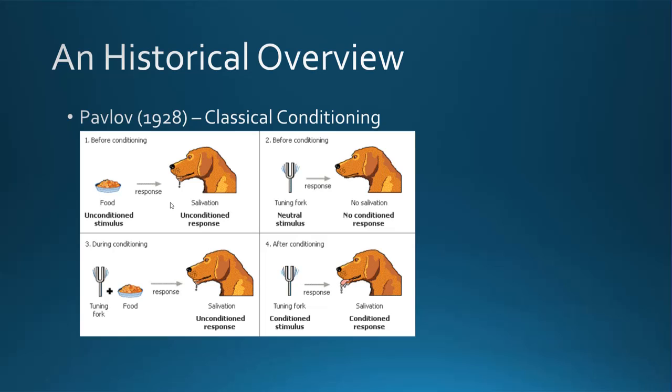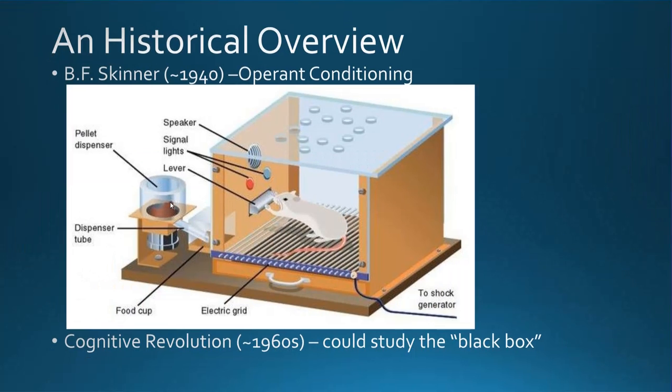So lecture 2 is classical conditioning. We'll talk about Pavlov and that form of learning in a lot of detail. And then Watson and Skinner and others, the behaviorists, started talking about operant conditioning. And this is where the animal operates on the environment. So the classic example is a rat in what's called a Skinner operant box, pressing a bar for a food pellet. So we'll learn how all this works, but they were able to study a different form of behavior, and study it in a different way.